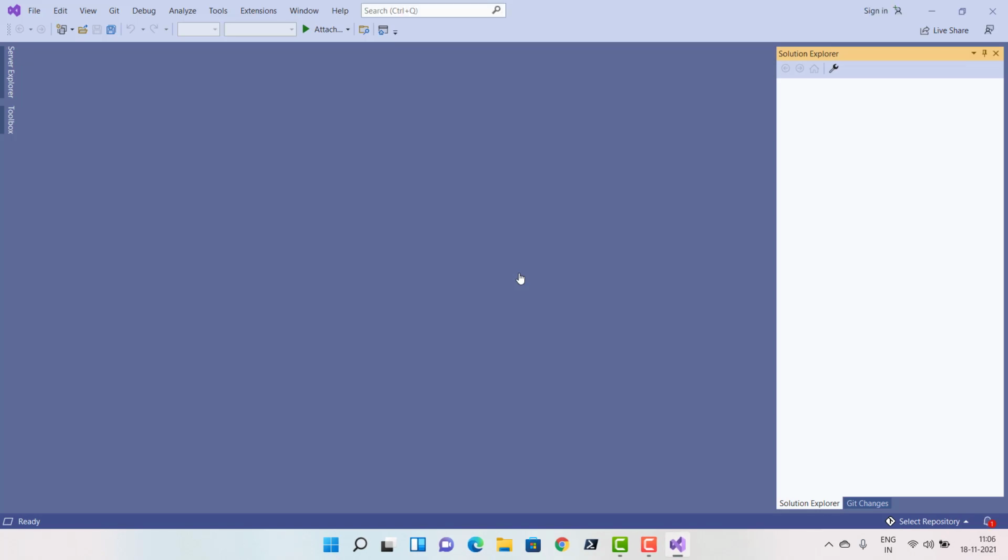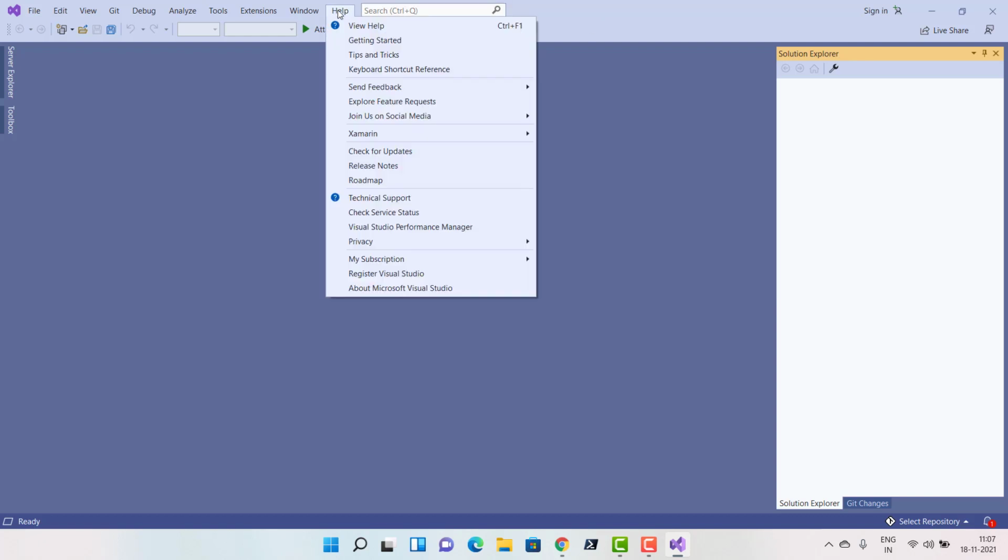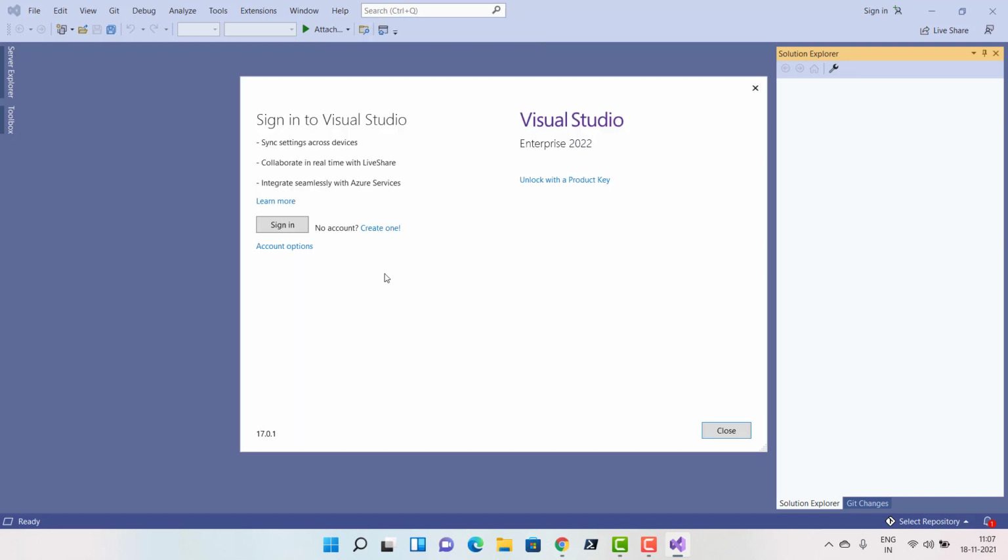Okay, so this is Visual Studio 2022, and it looks exactly like Visual Studio 2019, but it is much more enhanced. So let's see if Visual Studio is actually activated. To do that, let's go to help, and then go to register Visual Studio, right? So you don't see any activation over here. This is license trial day. So what we are going to do is to activate it with a product key, right?